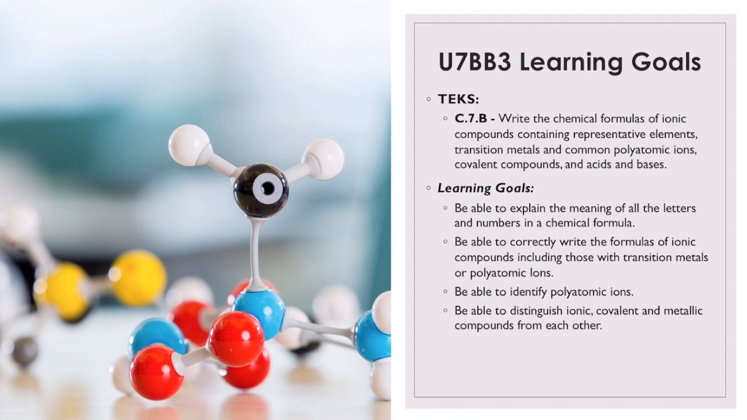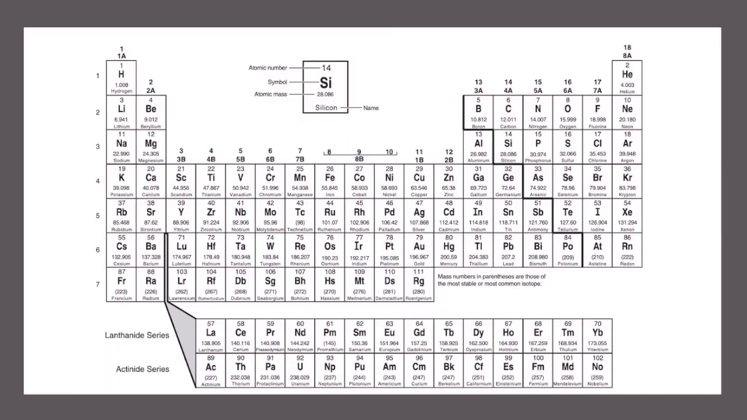So your learning goals here are to be able to explain the meaning of all the letters and numbers in a chemical formula, be able to correctly write the formulas of ionic compounds, including those with transition metals or polyatomic ions, and be able to identify polyatomic ions, and be able to distinguish ionic, covalent, and metallic compounds from each other. So we're going to go ahead and start out by talking about how to determine what the charge on